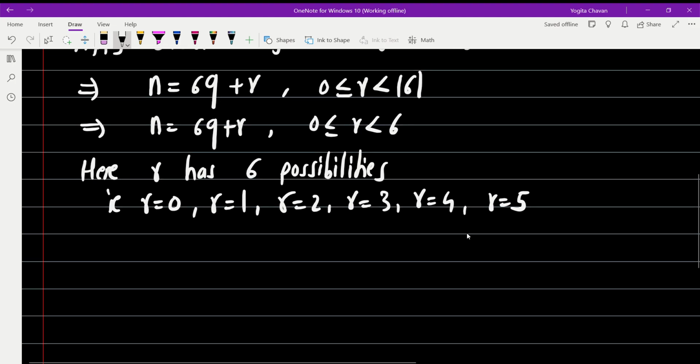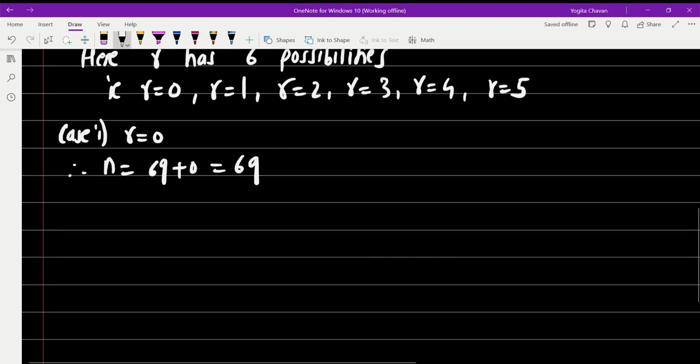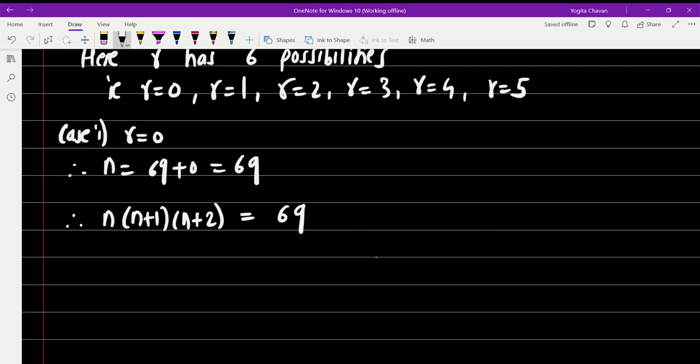Now see each case one by one. Now case 1, if r equal to 0, therefore what is the value of n? n is equal to 6 into q plus 0. That is, n is equal to 6q. And therefore now this product n into n plus 1 into n plus 2, this product of three consecutive integers, is equal to 6q, then n plus 1 means 6q plus 1 and 6q plus 2